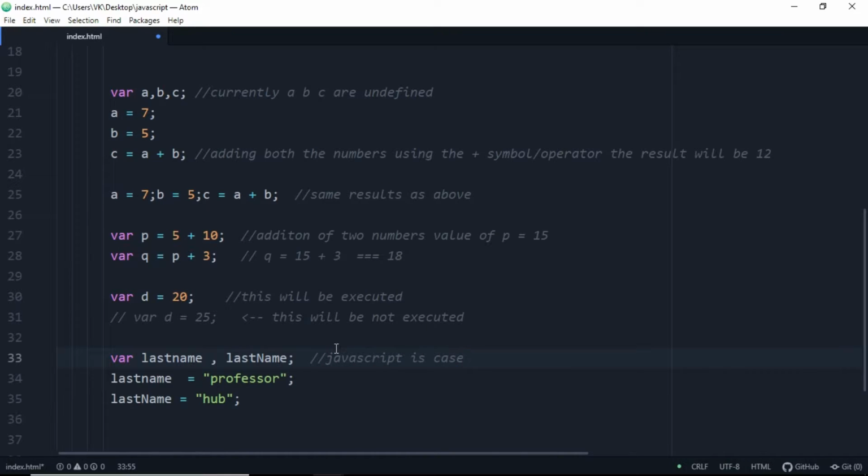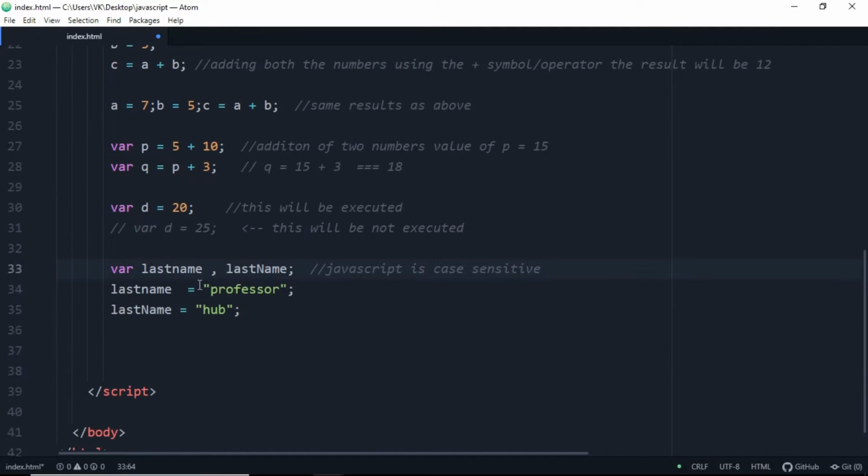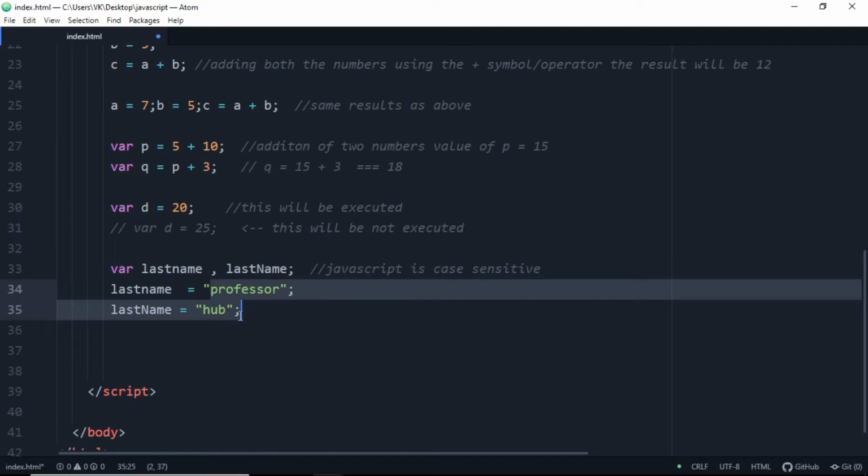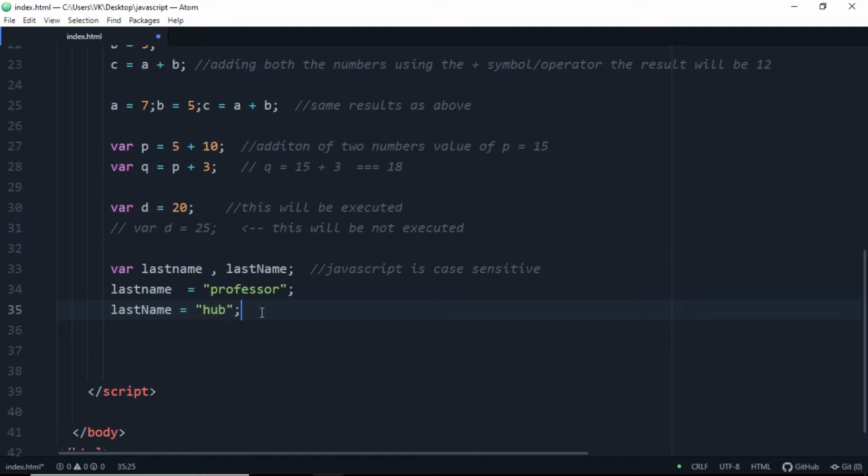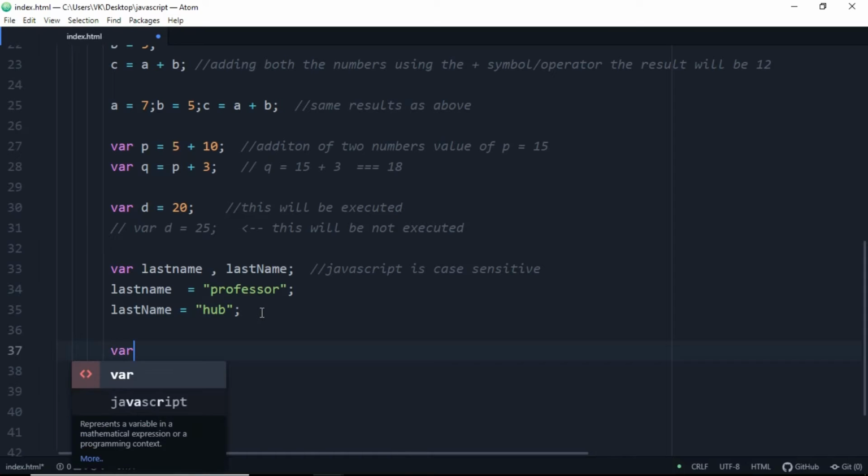So let's try combining both of the text in a single line and comment it out as JavaScript is case sensitive. As we know, small n and capital N make a lot of difference in JavaScript.